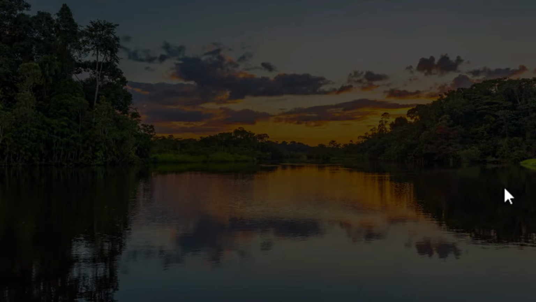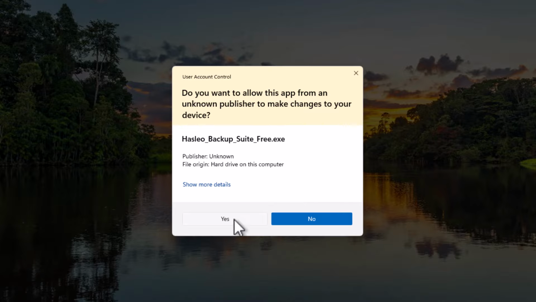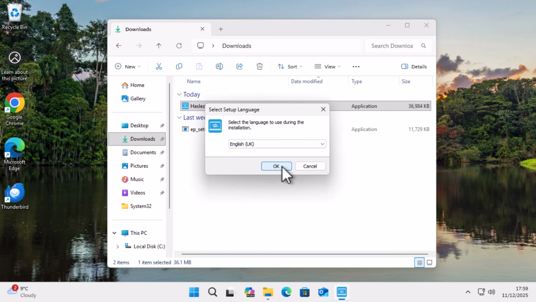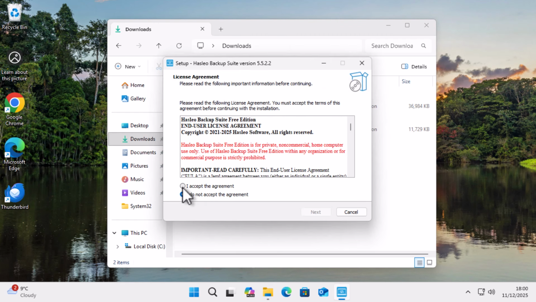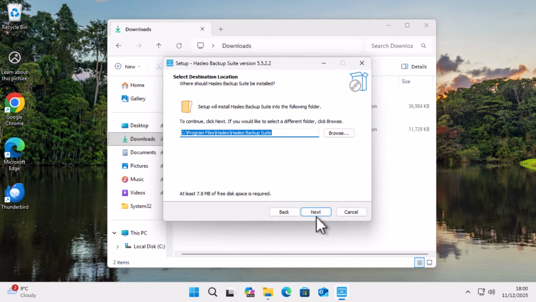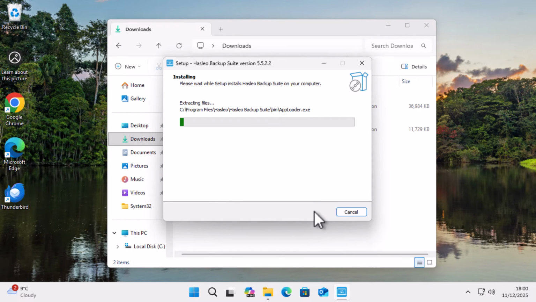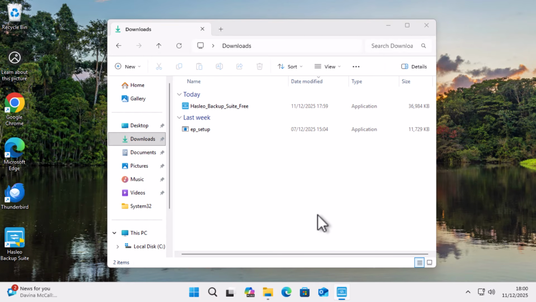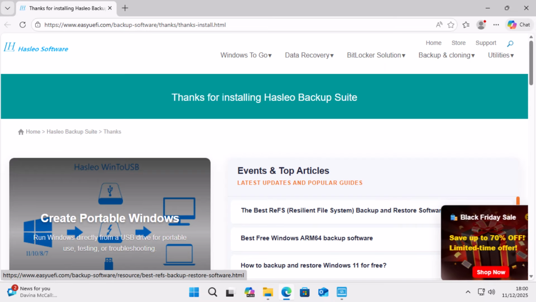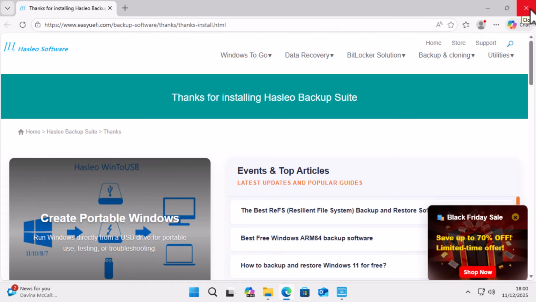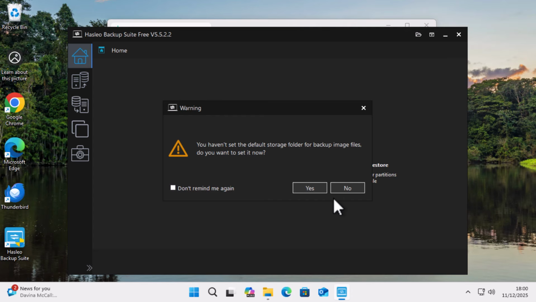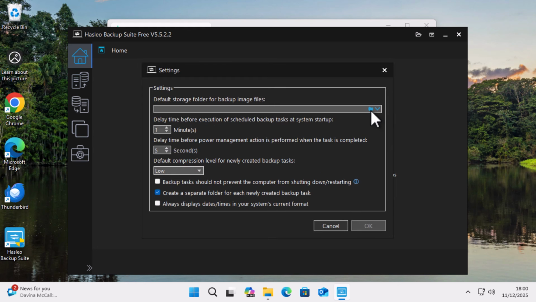Now if the screen darkens and you get this message, click yes on it, select your language and click OK. Accept the agreement after you've read it of course and then click yes, next. Click next again and then click next again. It will now install. Once it's installed, click finish. Then if you get this thanks message come up, click on the cross in the top right hand corner to close that down and then click on yes just here